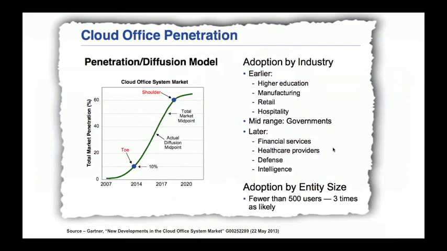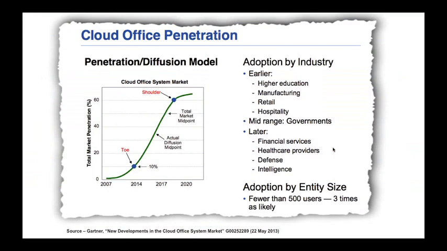And if we look at the cloud Office penetration, there are some interesting statistics that have come out from many analysts. This is just what I picked from Gartner, showing that we're on the tip of a changing point within our industry. There are many early adopters around different industries that have started deploying cloud-based Office-type solutions like Office 365, but the prediction is certainly over the next 5 years we're going to see significant growth